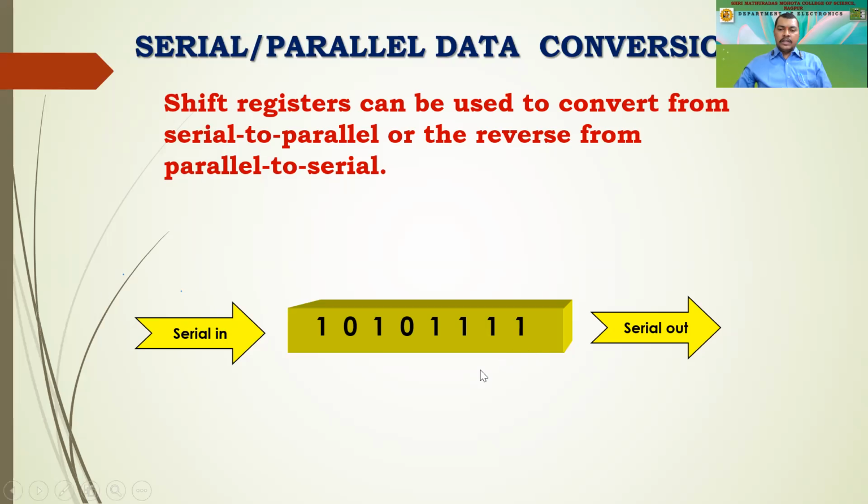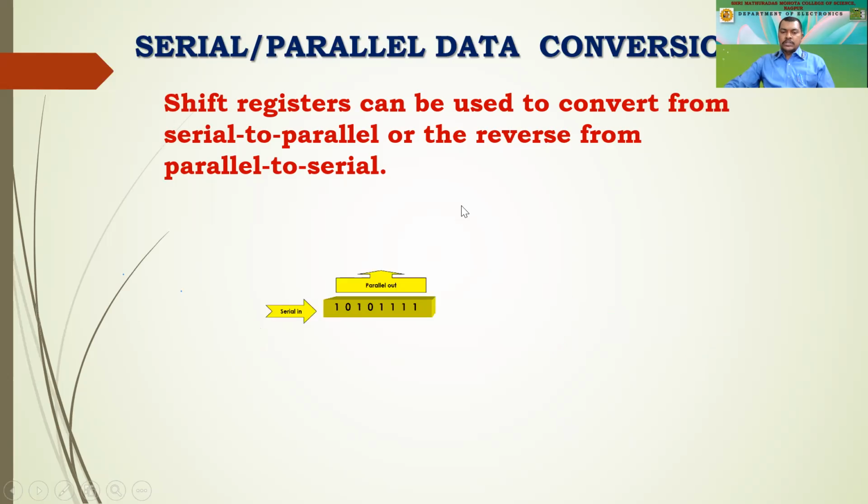So serial data in and serial data out, but the microprocessor does not understand serial data. A microprocessor, or say microcontroller, understands only parallel data. So it requires all these bits parallelly. Then only it is going to process that data. So we require this. This is the first example. We call it SISO, serial in, serial out shift register. The data is given serially and the data is taken serially, right? So therefore it is called serial in, serial out. I will show you the circuit diagram.